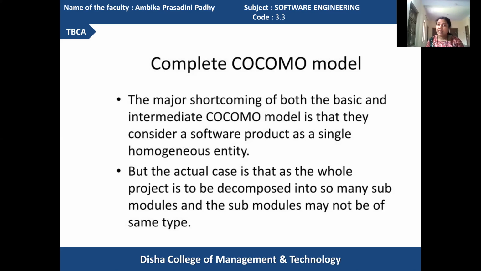So you can categorize the GUI as an organic type of software and calculate the effort, size, cost, and time estimations accordingly.